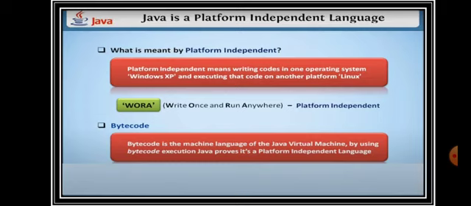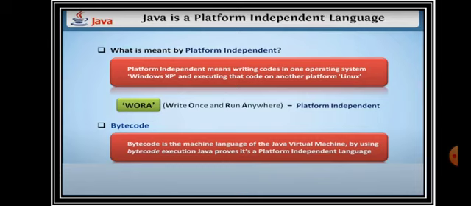If that game is not played there, I cannot call it as platform independent. So it is platform dependent. So Java is not like that. Java is platform independent. So a program which is written in one operating system, Windows XP, can be played in many operating systems. That is, it can play in Linux, it can play in Mac as well. So that is the advantage of Java.